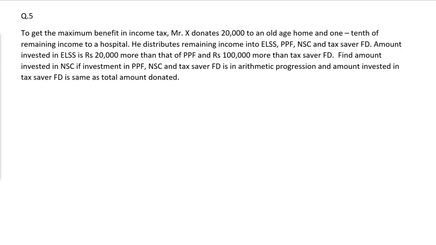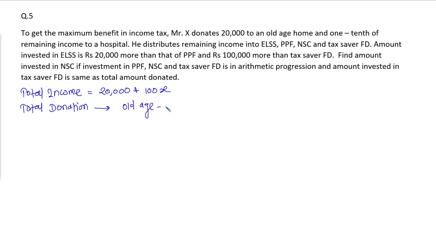Okay, so what we will do here is, let's assume that the total income of Mr. X is 20,000 plus 100x. Now the total amount donated, total donation is how much? Look here, total donation to the old age home is 20,000 rupees,